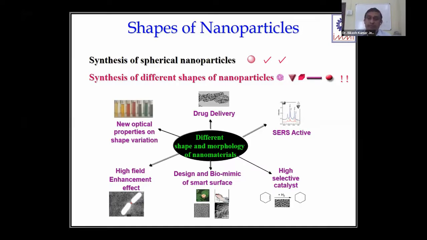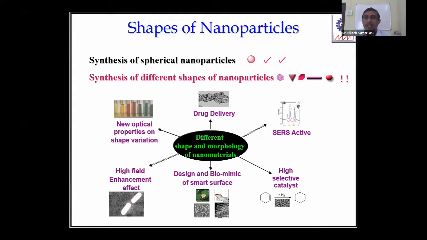And new applications, like new optical properties. If you can design a different shape, like a nanorod, it will give a different color, with different transverse and longitudinal absorbance. Drug delivery applications, surface enhanced activity, and also high field enhancement effect you can see at the interface between two nanorods. And also you can mimic nature by engineering some nano hairs, a grass kind of structure on a surface,